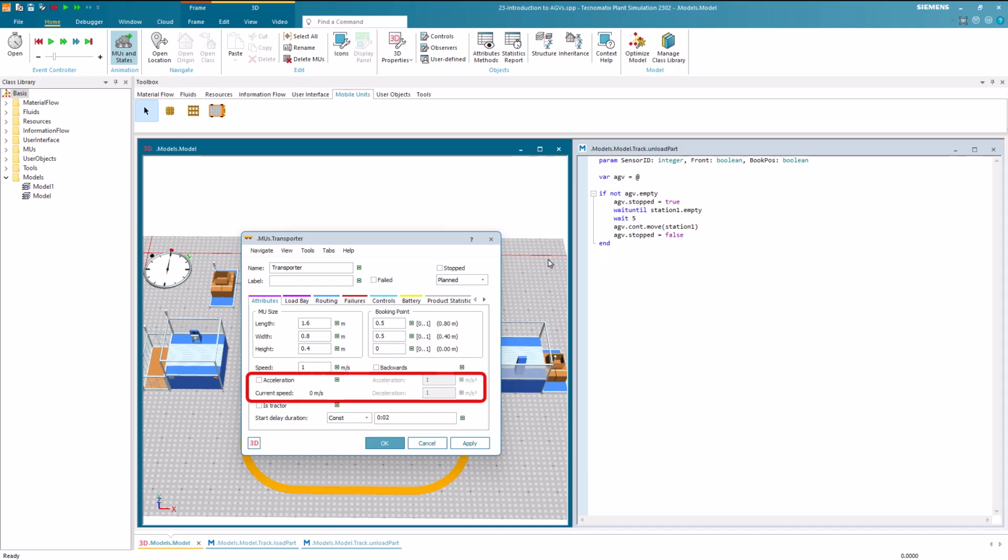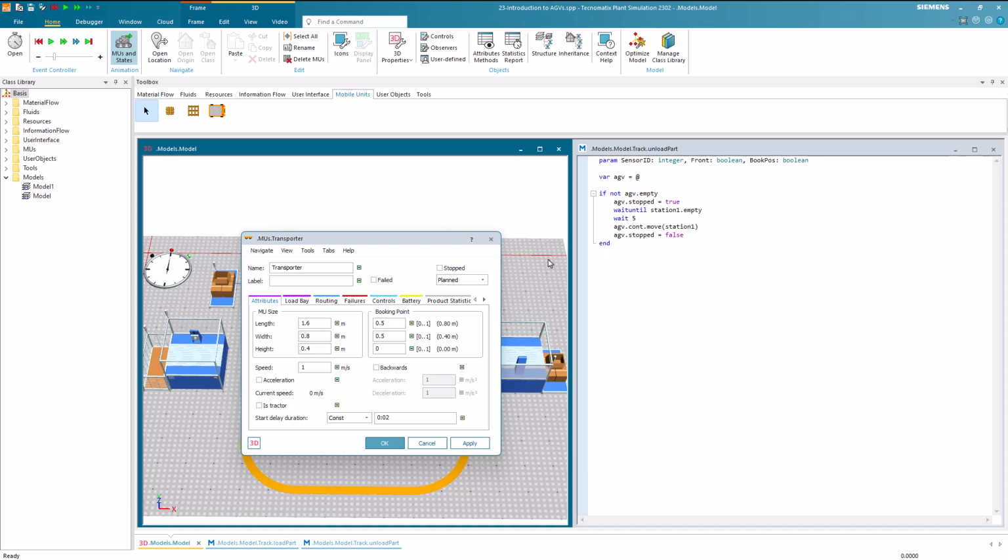This behavior is due to using the stopped attribute to halt the AGV, causing an immediate stop as soon as the relevant line of code is reached. In the second example, we'll demonstrate an alternative method to stop the AGV smoothly.